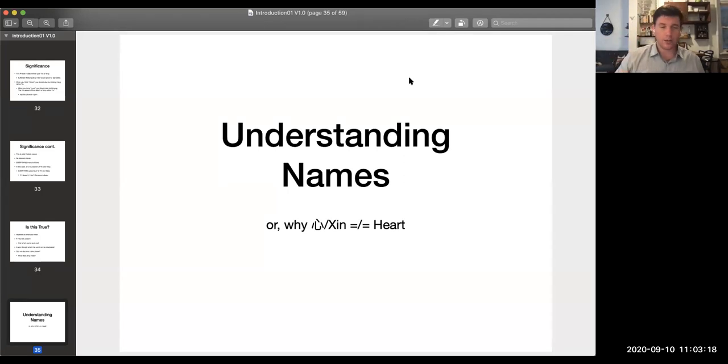Next thing I want to talk about a little bit is naming within Chinese medicine. So obviously, everything that we're talking about has a Chinese character associated with it. We're translating, as seen on the screen here, this character, Xin, as heart. But when we do that,